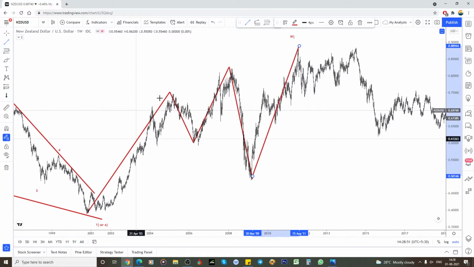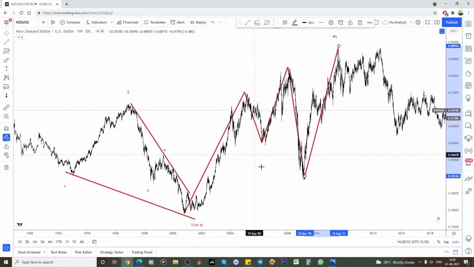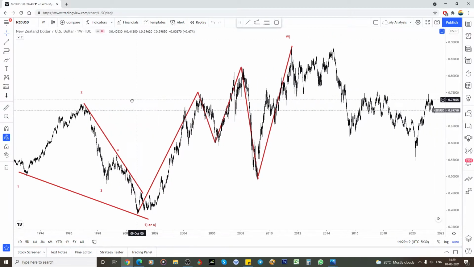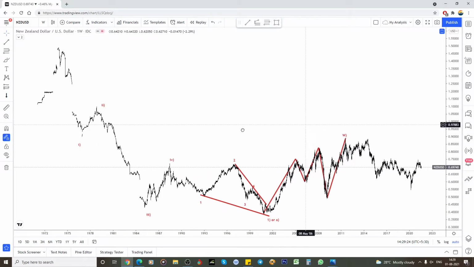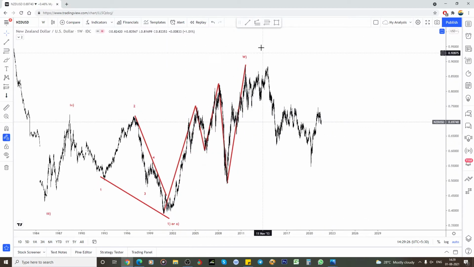So in any way, I'm looking only for the three-wave structures. Don't get confused here. Alright, so whether we make this an A, B, C, this is a full structure of A. So this whole thing becomes A, B, C, and C is an irregular flat formation. So this is an A, this is a B, and this is a C, or this is a W, this is an X, Y. Whatever you can calculate if you go through that daily chart, but for me this is the end of the trend here for that pullback, and now we are in the correction for this correction.